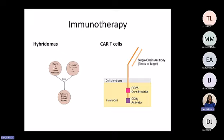All right, then we talk about immunotherapy, which is provided by both B cells and T cells. These are produced by humans to tackle some of the immune issues that we come across, such as hybridomas. Hybridomas are produced when you cross